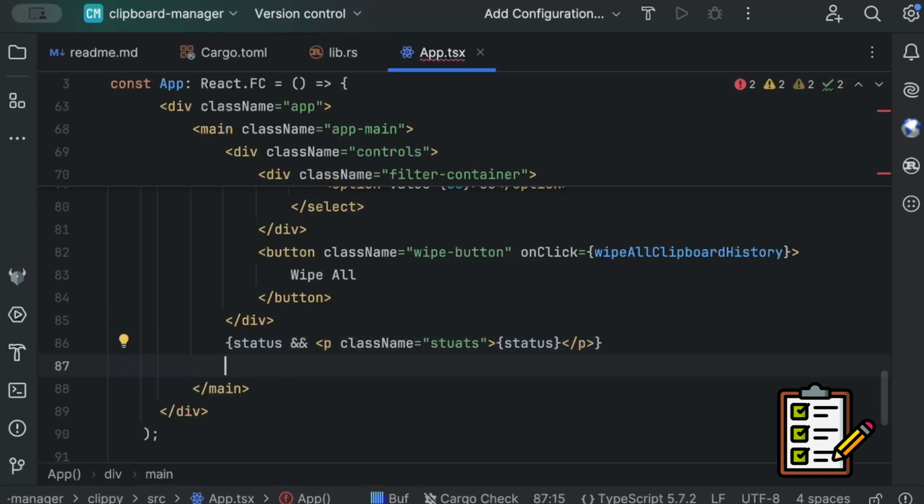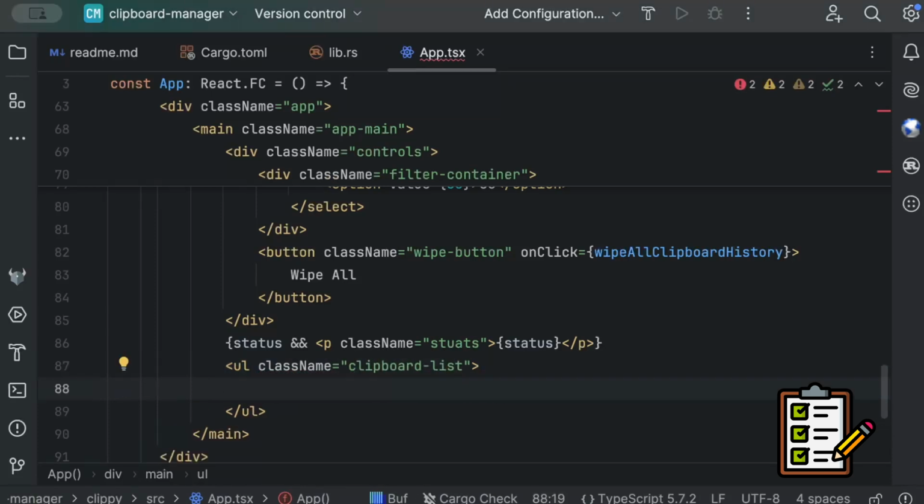Now similarly we will have a ul, which is item list for clipboard, and we'll name this as clipboard list. Now here we'll just iterate through the items, so clipboard items dot map and item index,